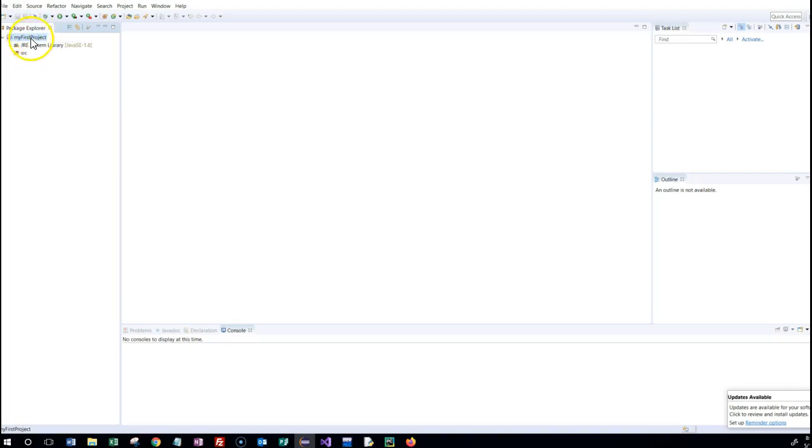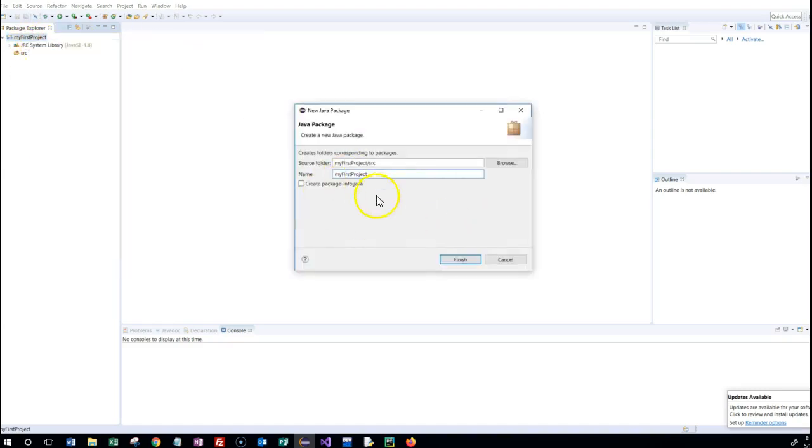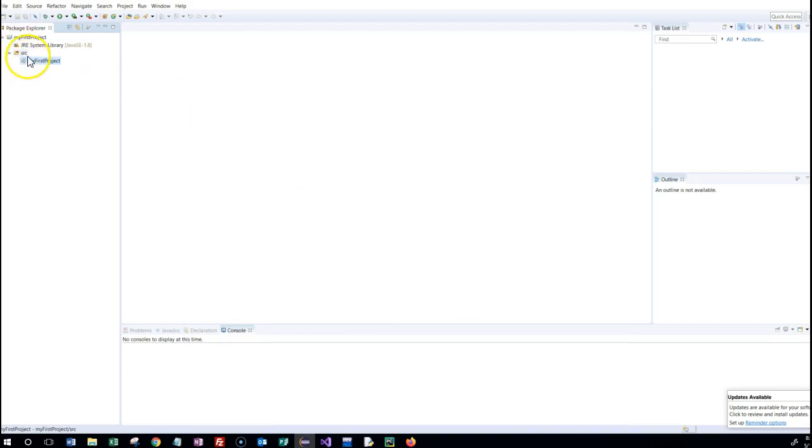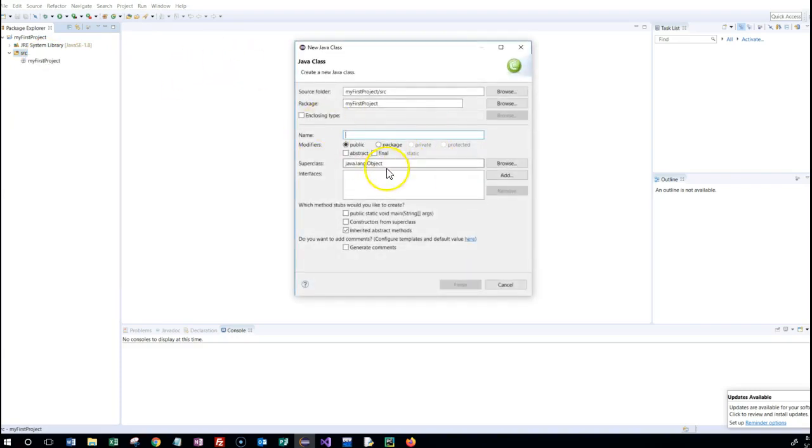The other thing that I could do if I choose to is create a package. And my first project is a pretty good name for the package, the same as my project. Okay, so now I'm ready to create my very first class. So here I go, new class. And you'll see throughout the semester the class that's going to hold my name, I'm going to name it test